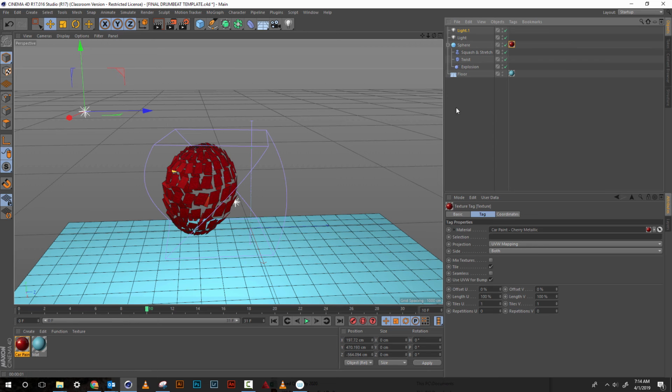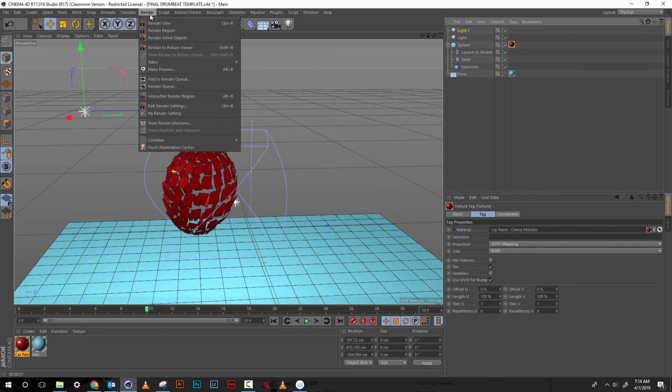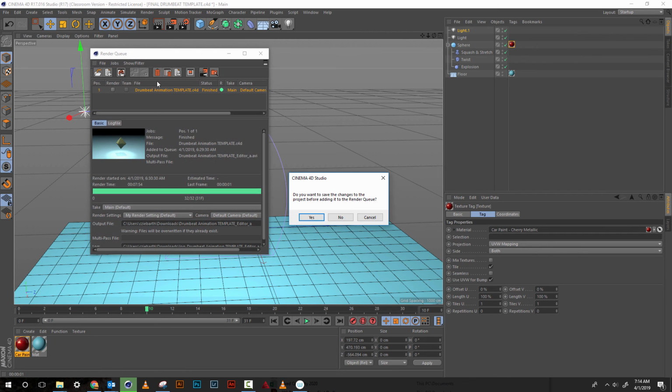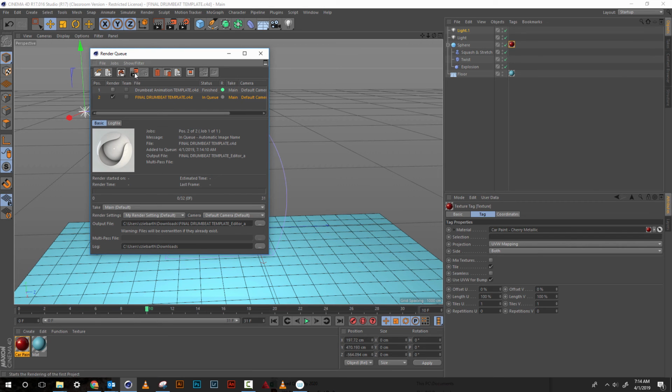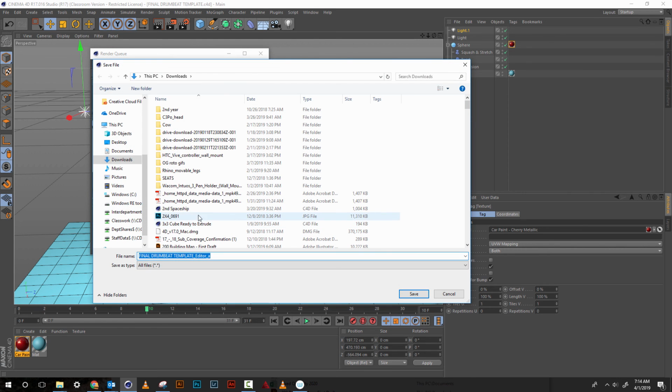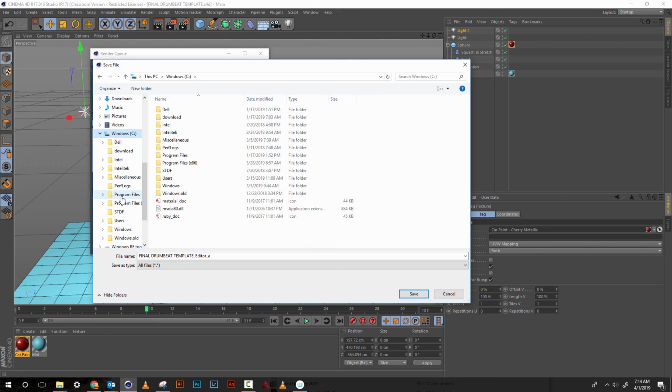I talk about this in the next video, but if you just want to say render menu, add to render queue, it'll ask you to save the changes, yes. And then you'll click on the play button here to render. If you get an error, you have to change the output file to something different by clicking on the ellipses, choosing Windows C drive, and then going into this miscellaneous folder. Okay,